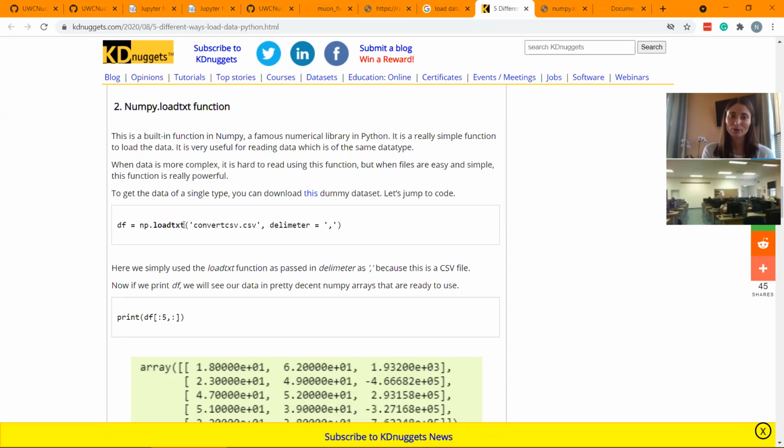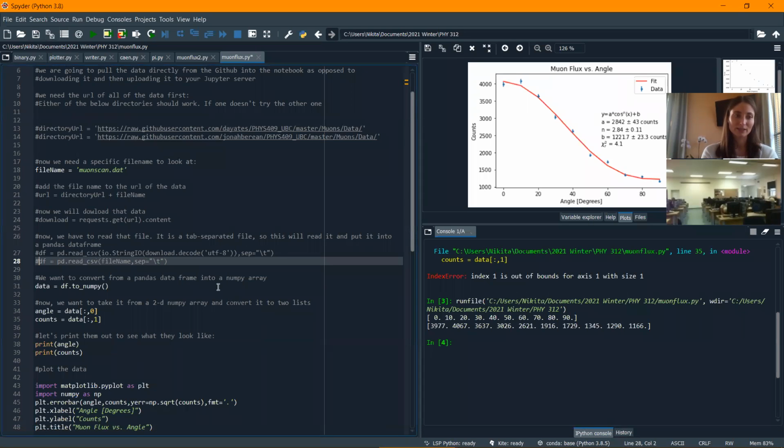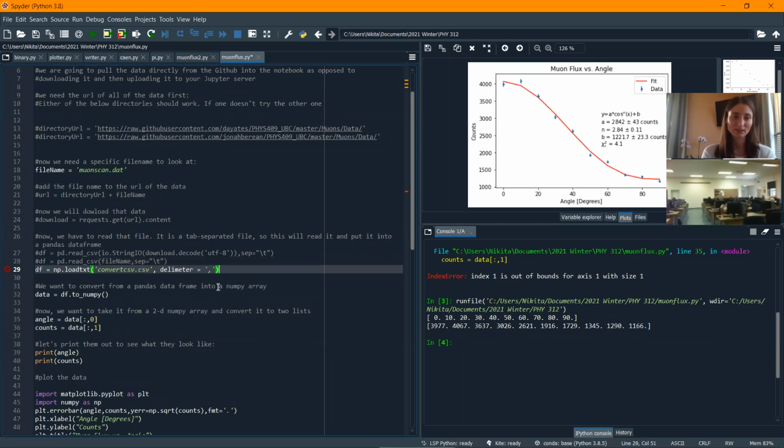So instead, we're going to use a line like this. I'm going to copy paste this line here. I'm going to comment this line that still uses Pandas, and I'm going to use this here. The first argument in the parentheses of the function is the name of the file. I already defined it above as file name. So that is it. And delimiter is, we have this thing over here